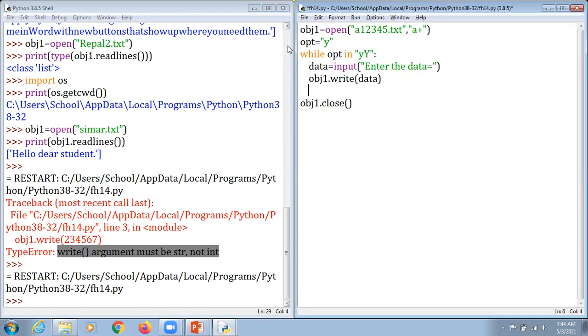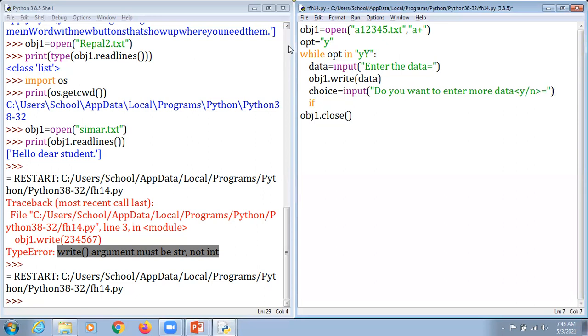But because we are using a while loop, where while requires a statement by which it stops that particular loop, we ask the user for a choice equal to input: do you want to enter more data? Yes or no here.